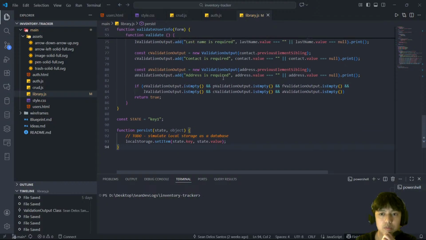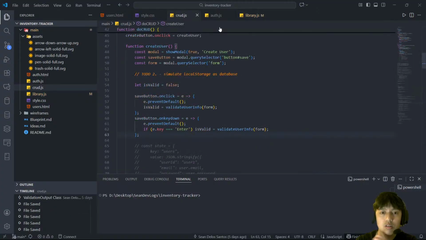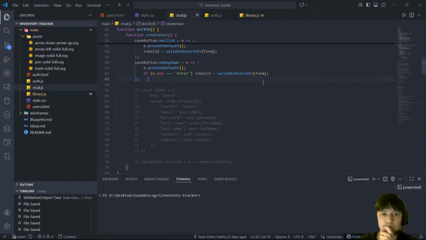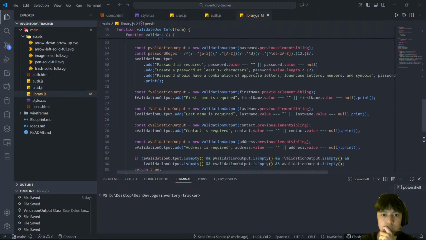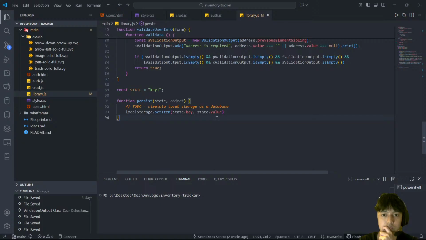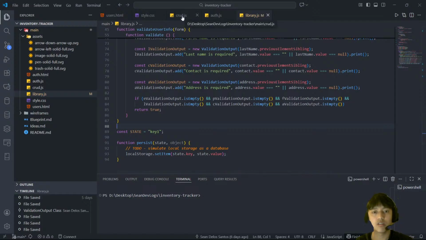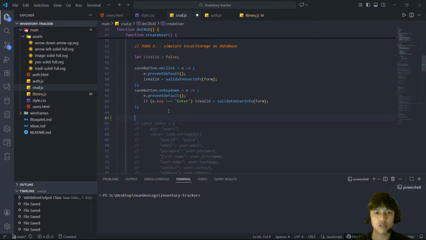So I'm trying to remember where I was supposed to put persist. Alright, okay, so I was supposed to do this,